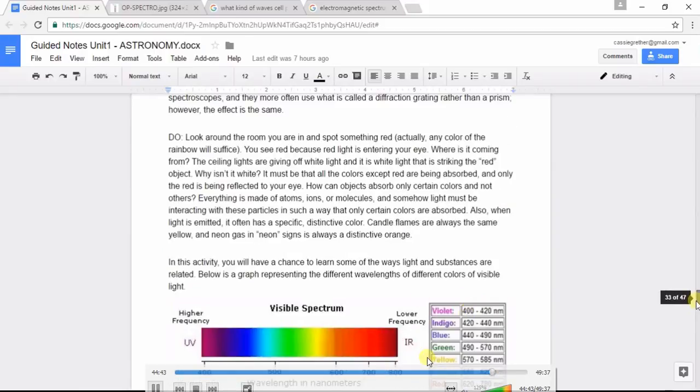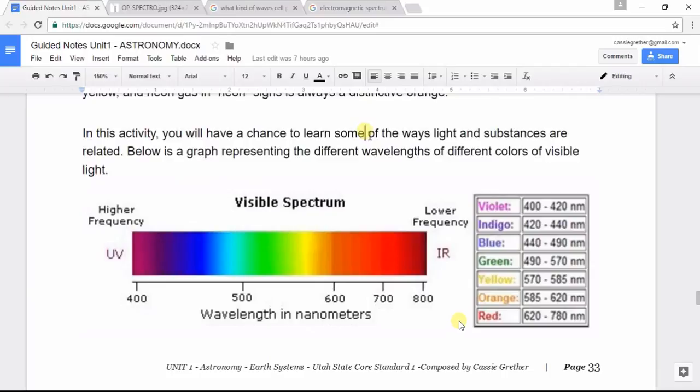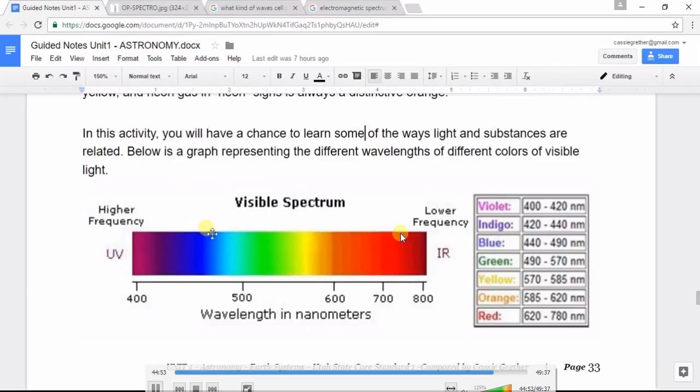Now, turn to this front page here and try to get this in my view so you can see it as well. But this image here, I know yours is not in color, but it shows you how these colors line up. Now on yours, many of the light bulbs are going to only have a few bands of color. You need to make sure you have them in the correct wavelength category. I know you can't see the colors on yours, but if you look over here to the right of this table,